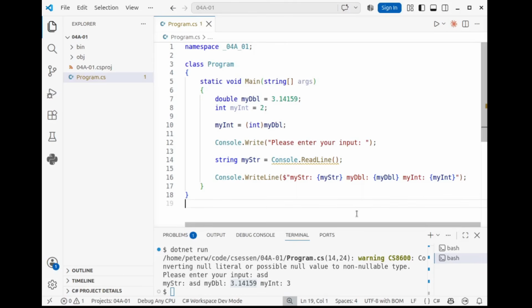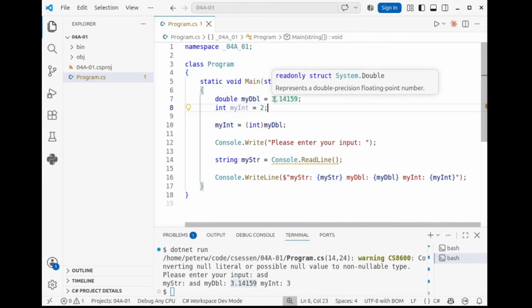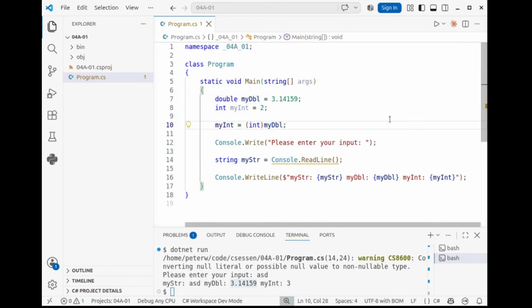Okay, so what we've learned here is a couple of things. We have variable types, double, int, and string, for example. We can assign them values. We can assign them constant values, like here we've got constant values, 3 and 2. And we can assign them values from other things. And we can also apply operations to them, arithmetic operations. We can use plus, we can use minus, we can use multiply, and we can use divide. Okay, so